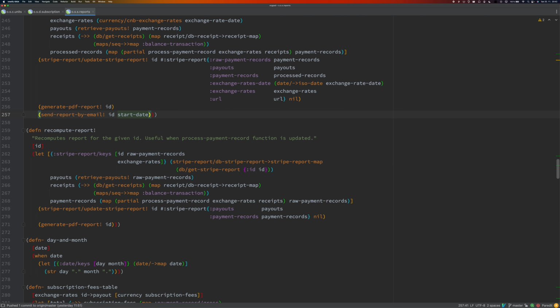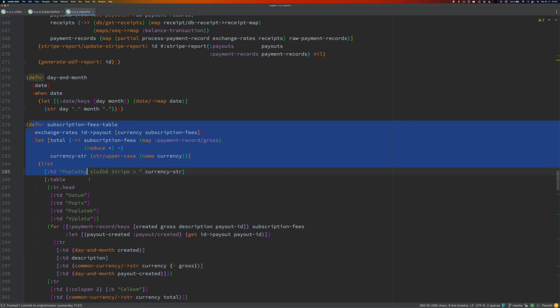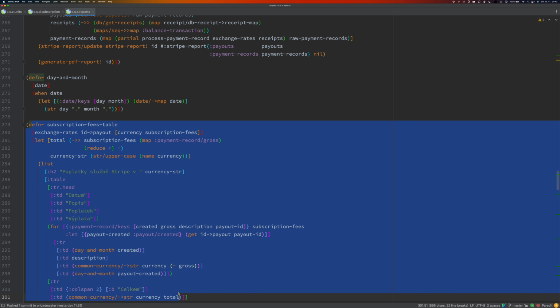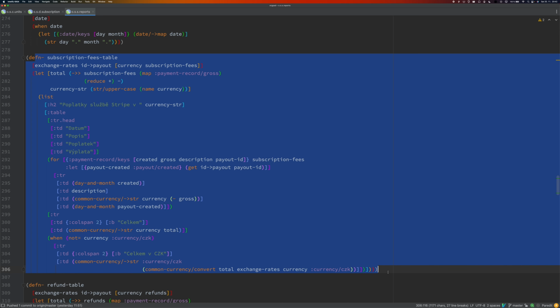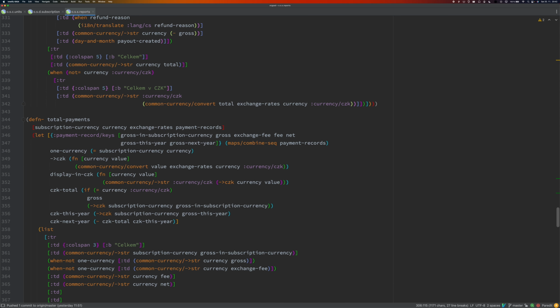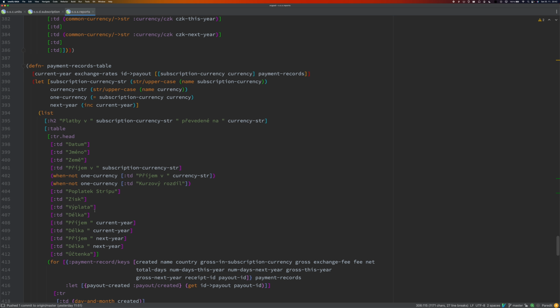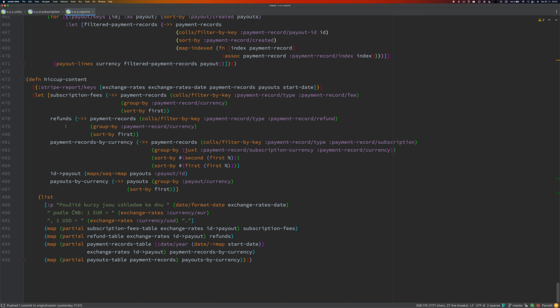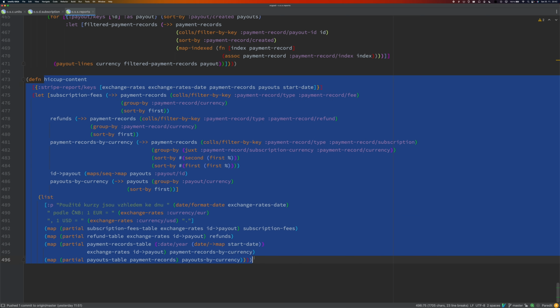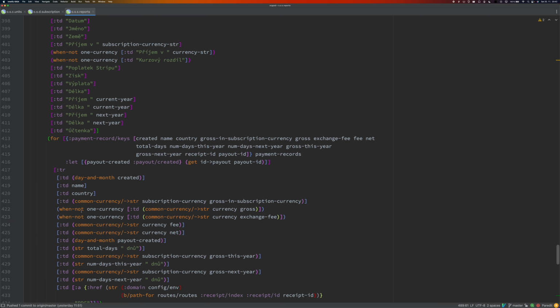updating and recomputing the report. How we do it is that we generate the HTML page with the data, with the tables, using Hiccup. Then we render it, and we use a separate server which runs Chrome using Puppeteer, and it will produce a PDF out of this. We already had this infrastructure for creating screenshots of documents in OrgPad, so it was just the easiest way to generate PDFs. So we do the Hiccup stuff, and we print it.